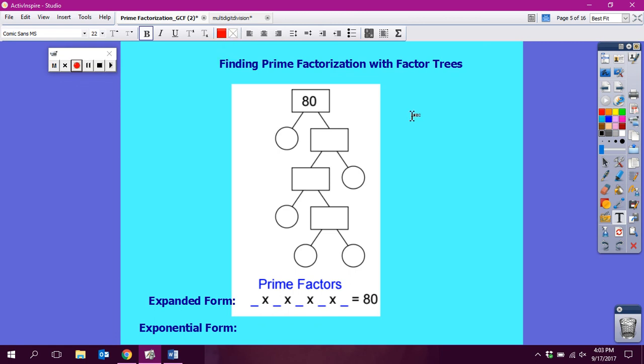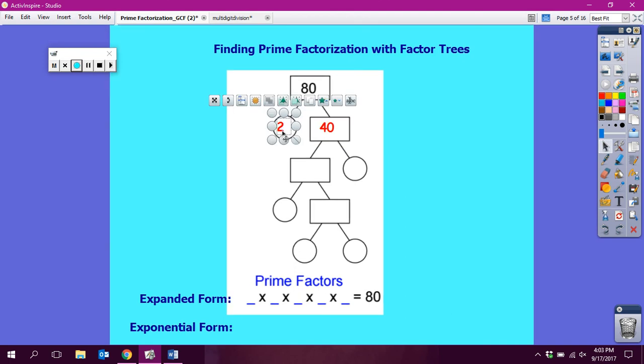Now, these are pre-laid out factor trees, so remember, there is more than one option for breaking down this 80. I'm pointing at the screen. I know you can't see that, so I should probably use my cursor. But in this case, we're going to start with 2 times 40 to create 80. Notice that 2 is in this little circle right here, and what that should tell you is that it is a prime number. You cannot break that number down into anything other than 2 times 1 at that point,